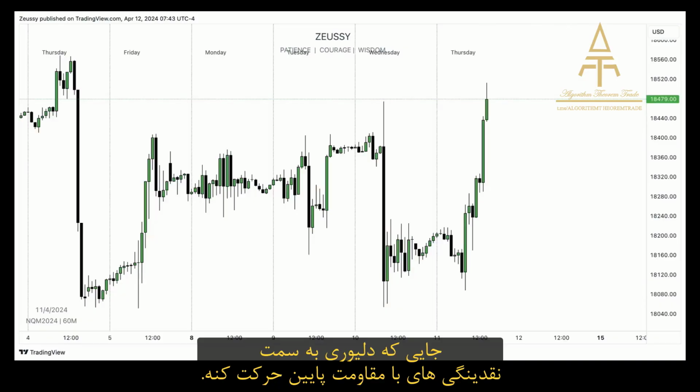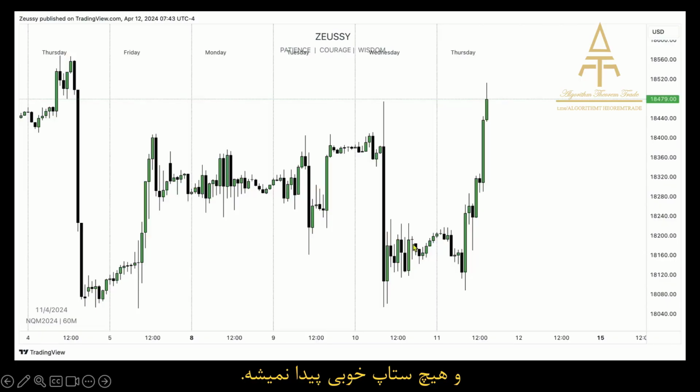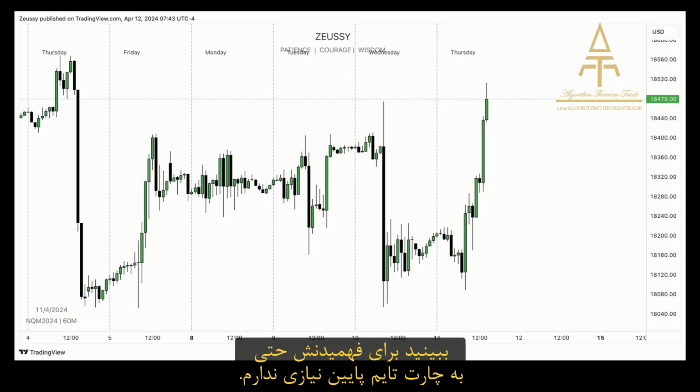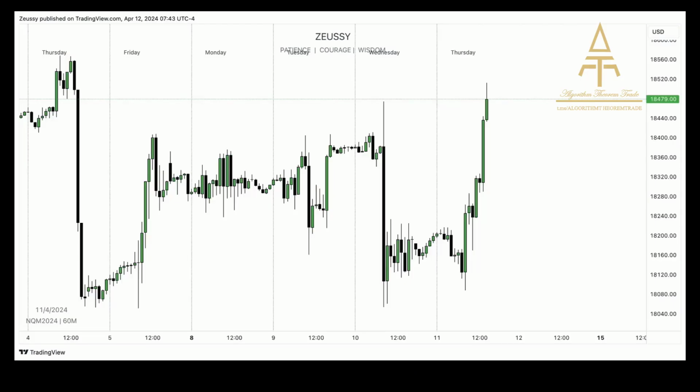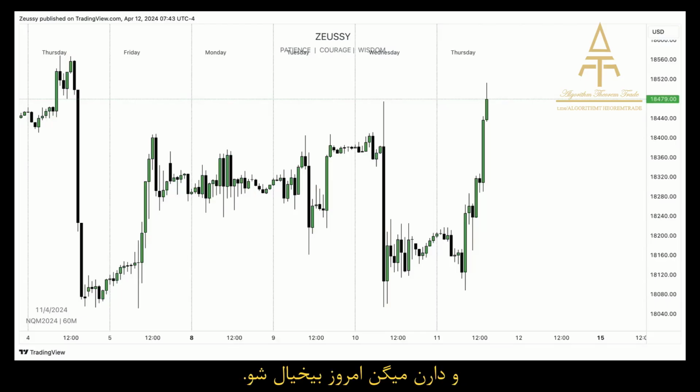we can anticipate low resistance liquidity runs. And what we see for the remainder of the day on Wednesday is of course that the market goes sideways, consolidates, and there's literally no real high probability setup that takes place. Now notice that I don't even have to go onto an M1 chart to determine this. I'm just on an hourly chart. I can already see the candles speaking to me. I can already see them basically saying, nope, not today. Today it's not happening. Today the setup is not present.